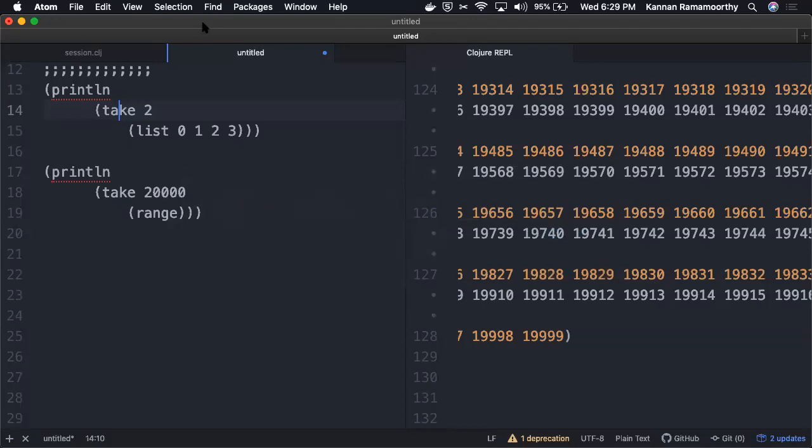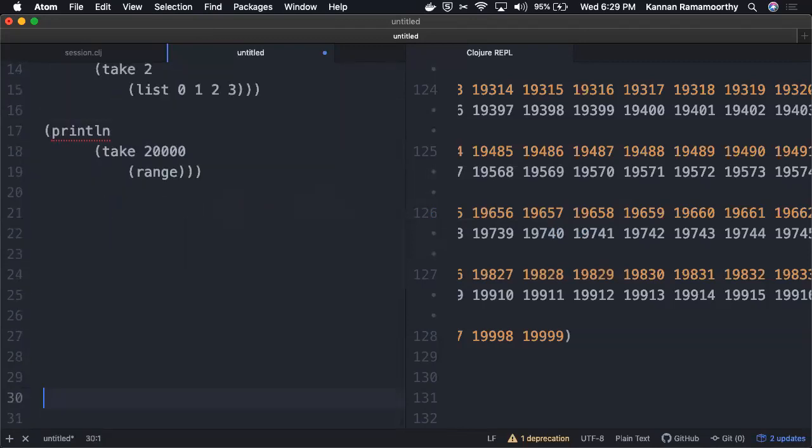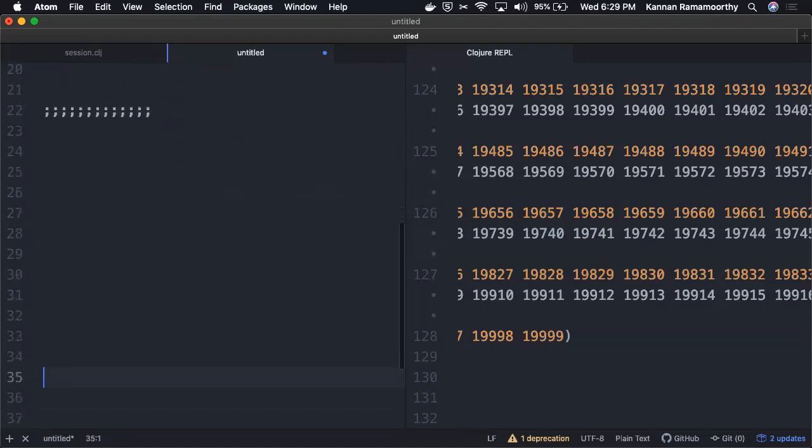So the next thing is program as data. Before getting into this, I'd like to introduce two new constructs in Clojure.